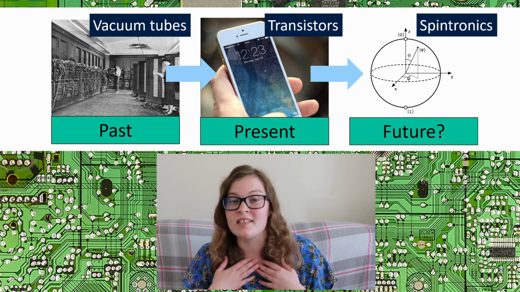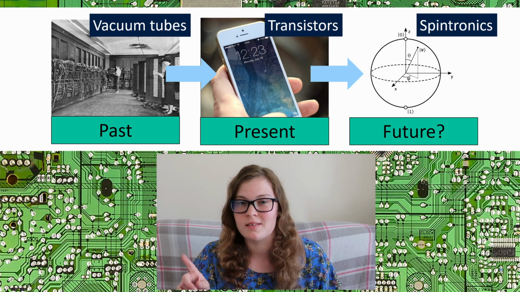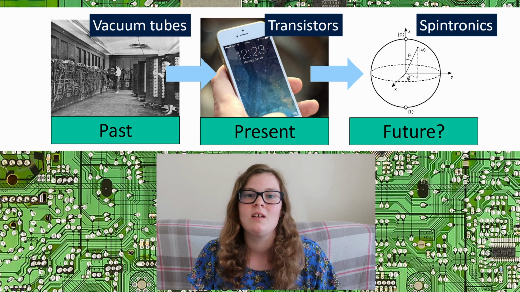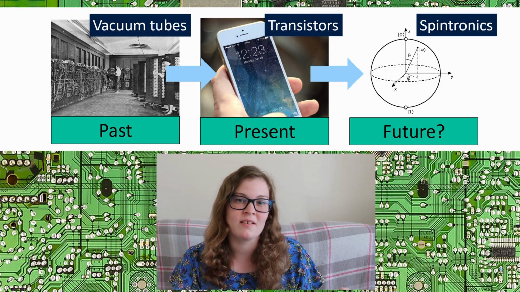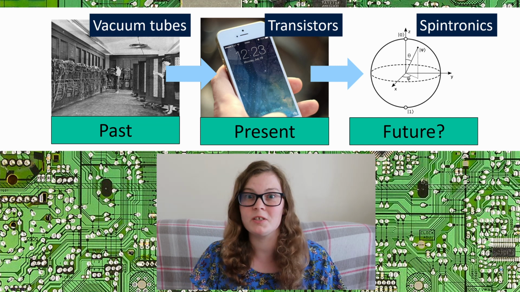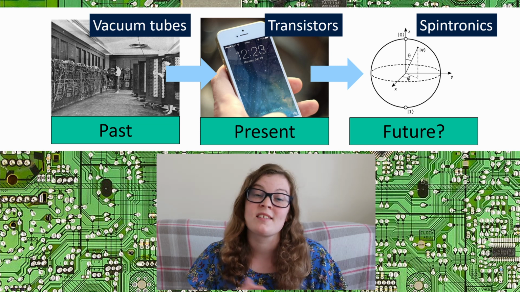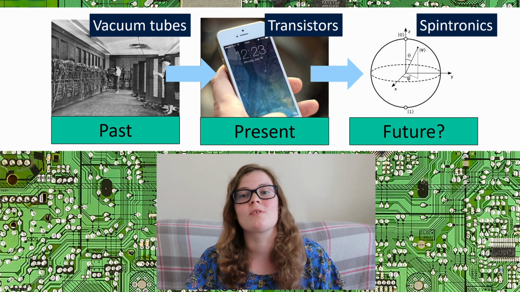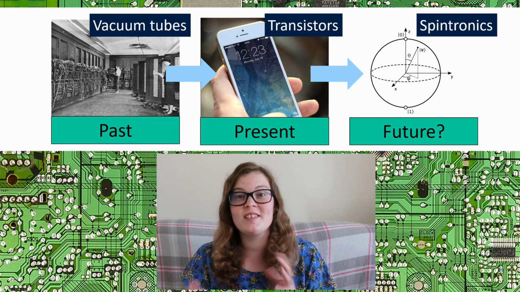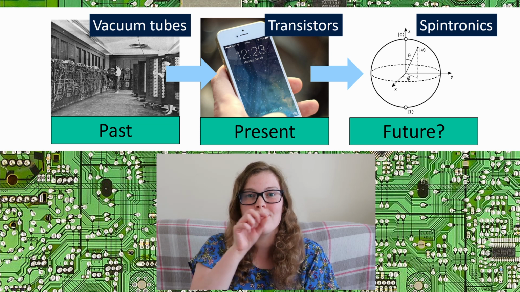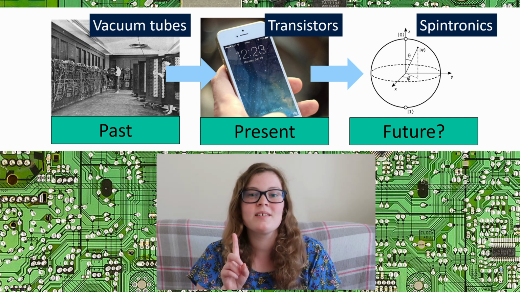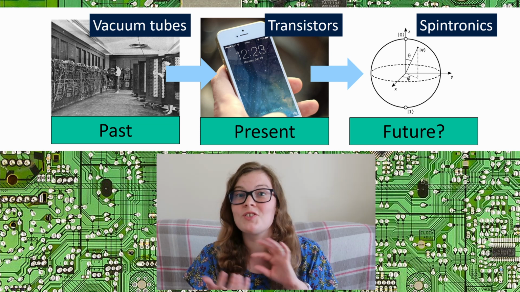My PhD is focused on one of these alternatives, Spintronics. I'm trying to find ways to control both the charge and the spin of electrons in semiconductor materials. Spin is a quantum mechanical property of particles that can be thought of as the intrinsic angular momentum of that particle. Spin can take an up or a down position, but it can also be in a quantum superposition of